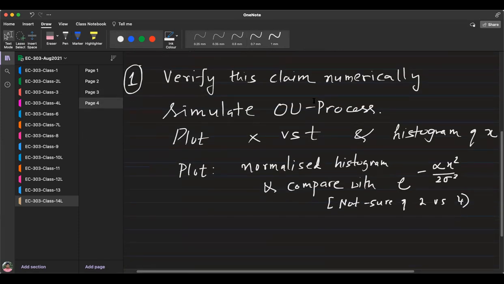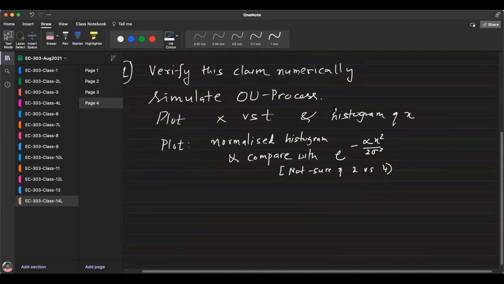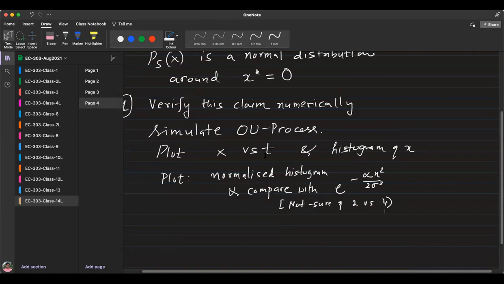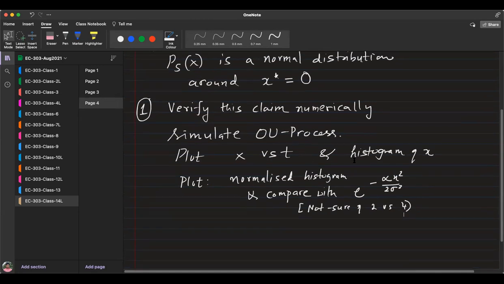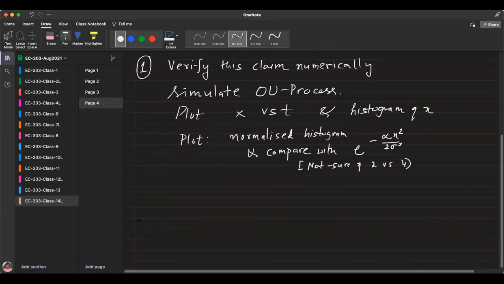Okay, so here's the first thing you should do today. Simulate the OU process and plot the histogram. Does it meet your expectations? Of course, you must run this for a sufficiently long time to get a good histogram. The second thing is optional, because I don't know if you will have enough time for this. Exactly compare, but if you want to learn better, please do it.